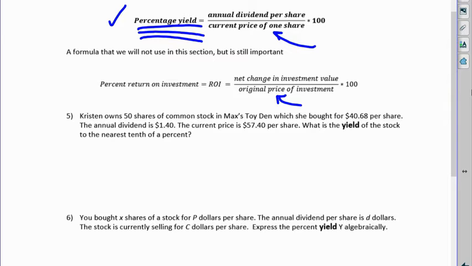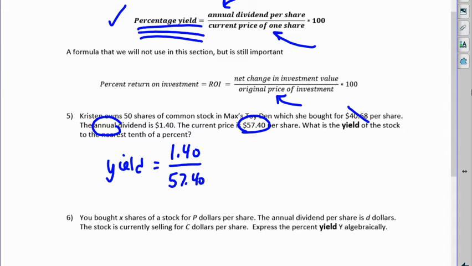Okay, Kristen owns 50 shares of a common stock in Max's Toy Den, which she bought for $40.68 a share. The annual, so it's very important to see if it's annual, because this needs to be annual. If it was quarterly, we'd need to multiply by 4. The annual dividend is $1.40. The current price is $57.40. What is the yield? We do not need the previous price, so my yield will be $1.40 over the current price of $57.40 times 100, and I get